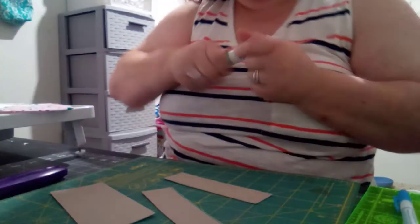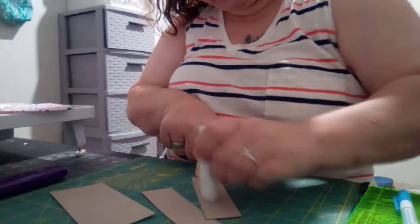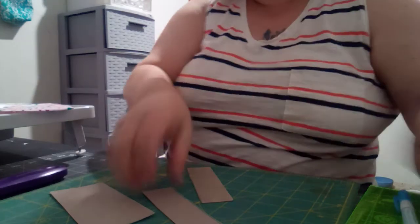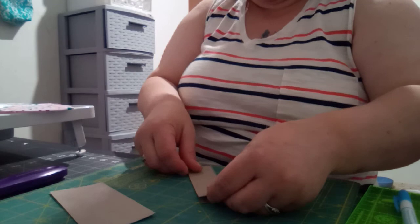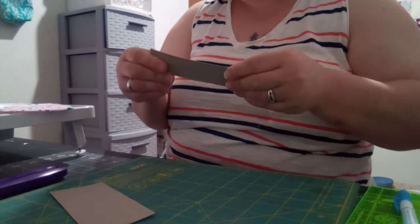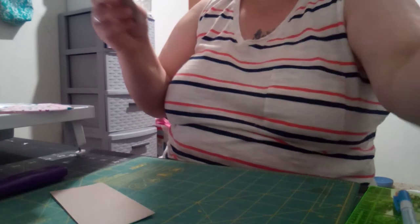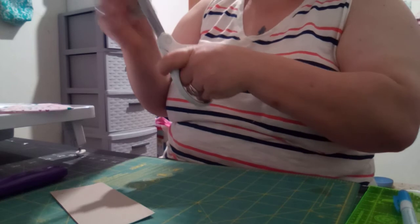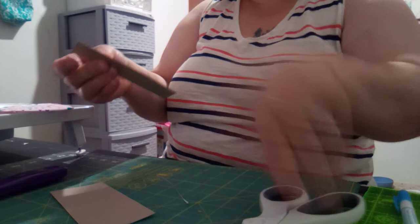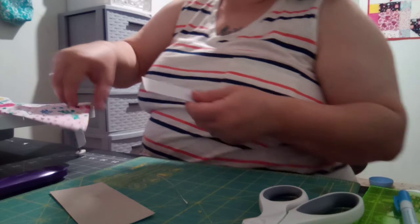Okay, now I just take my glue stick and I'm going to glue these on top of each other. Trim that off just a little bit. Alright, now the little hole that you made,